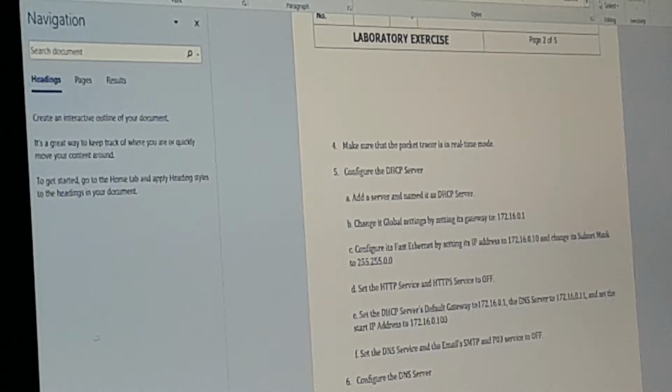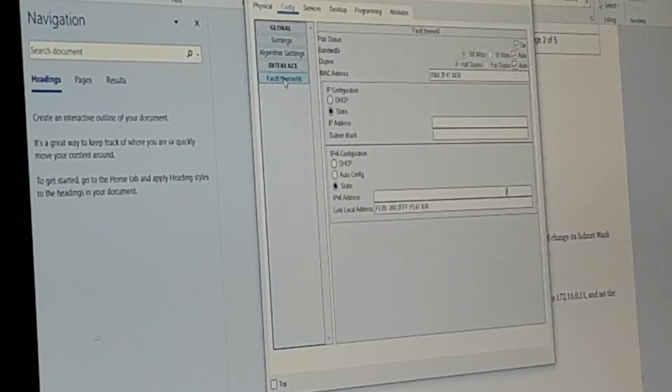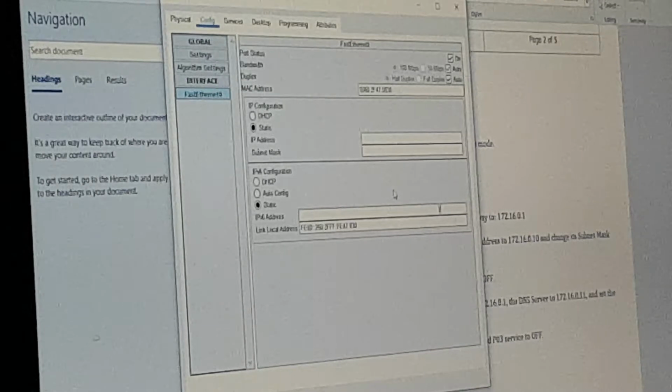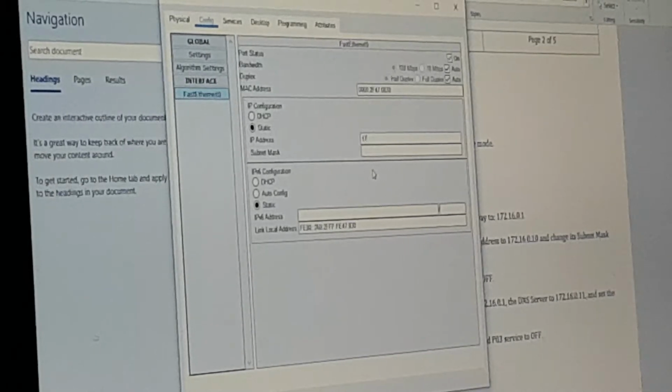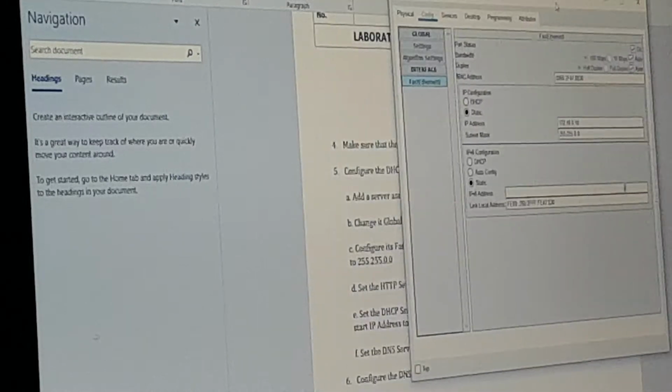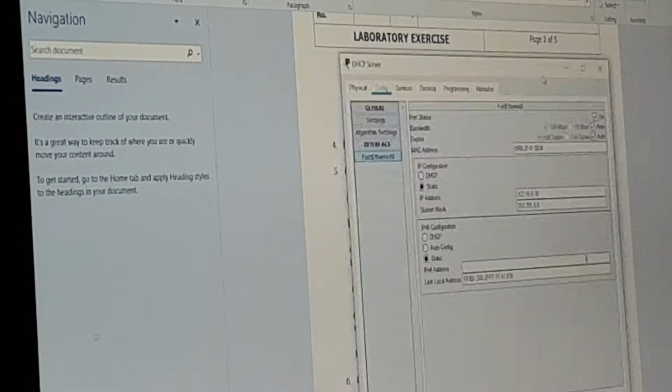So we need to put the IP address. Just click the FastEthernet and put the IP address 172.16.0.10, and the subnet mask automatically appears once you assign the IP address. So 255.255.0.0.